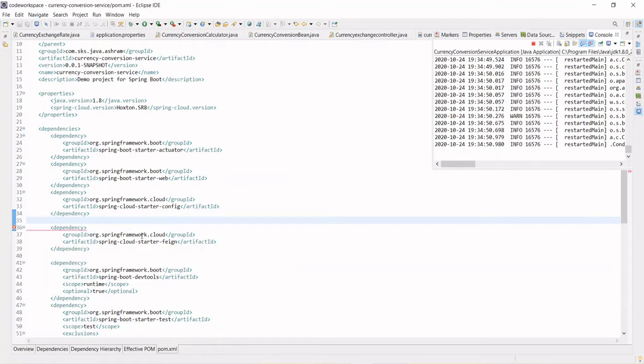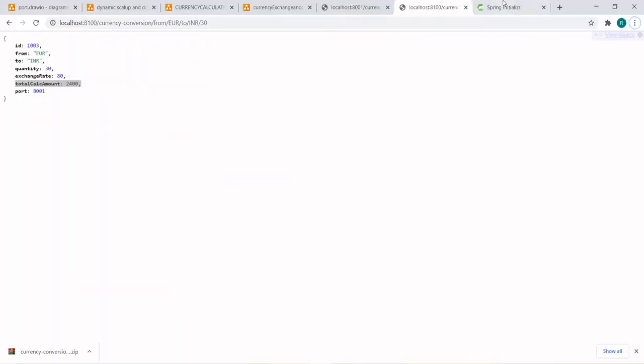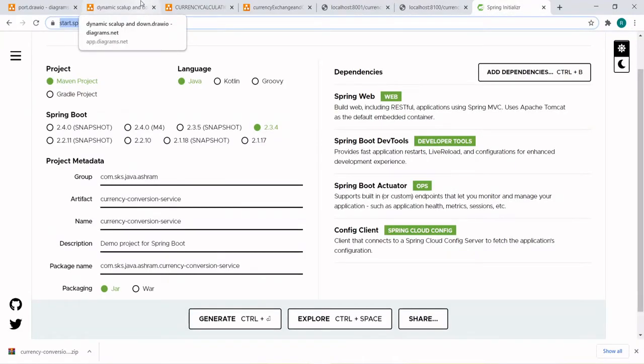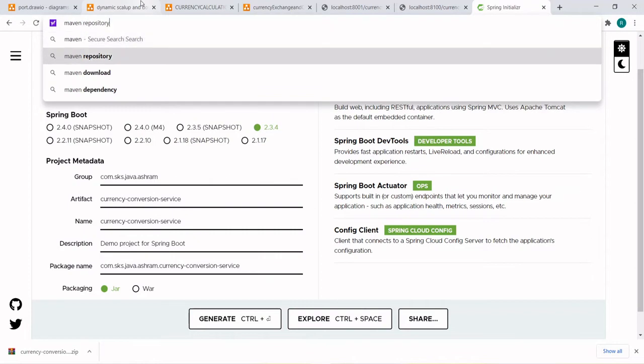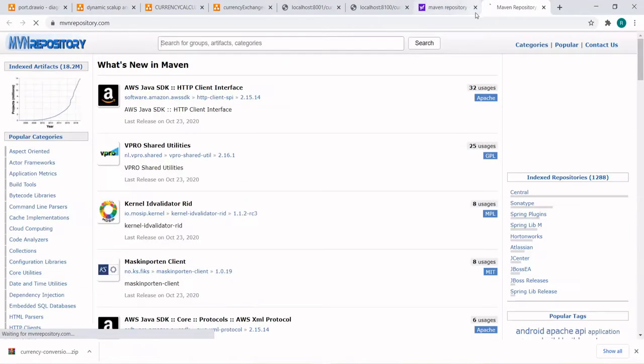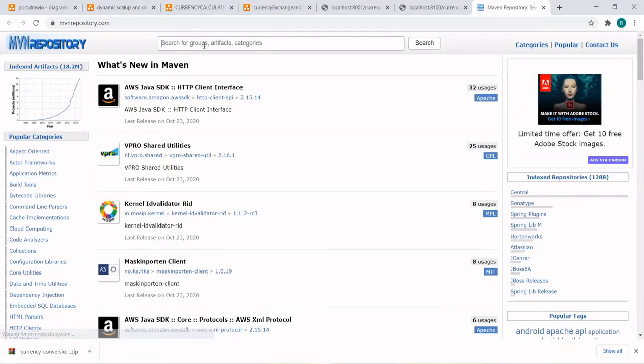So we'll have to take the appropriate dependency from somewhere else, and that somewhere else is the Maven repository. So let's go to the Maven repository. Here you can find the dependency.